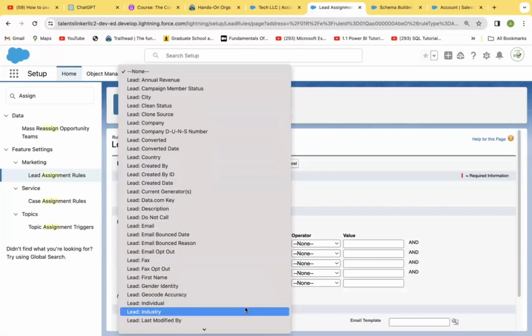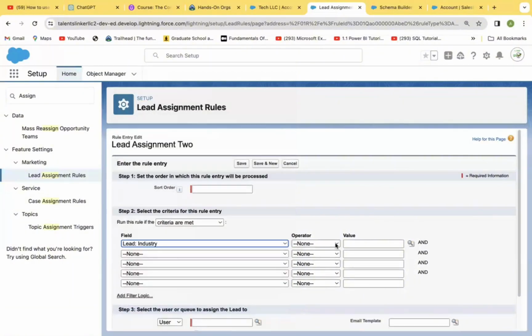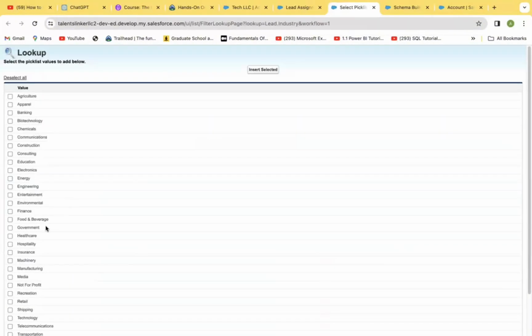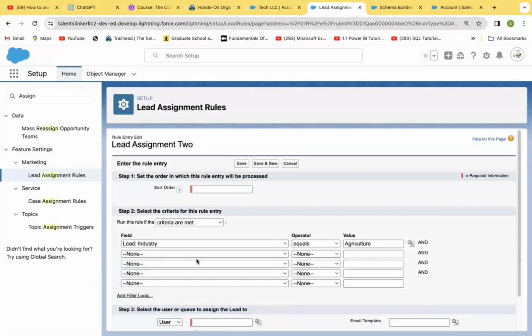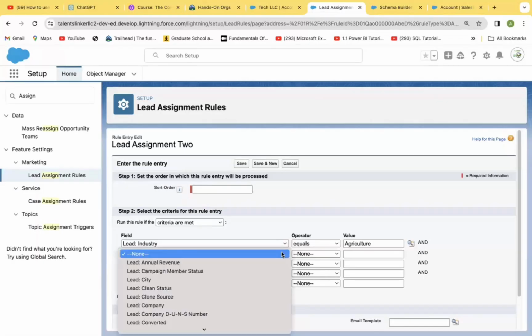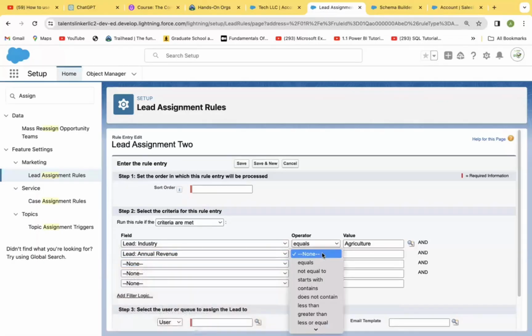Well, let me just use lead industry equal to, then let me pick other options. If it is equal to agriculture, I insert, then let's say if it is equal to agriculture and the lead annual revenue is equal to 1 million,